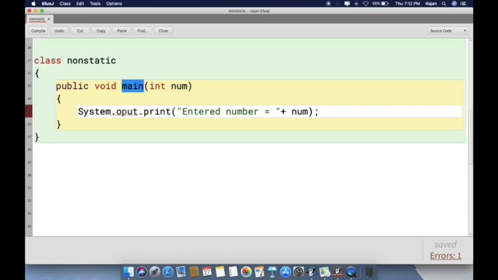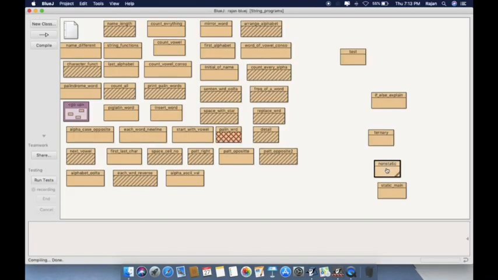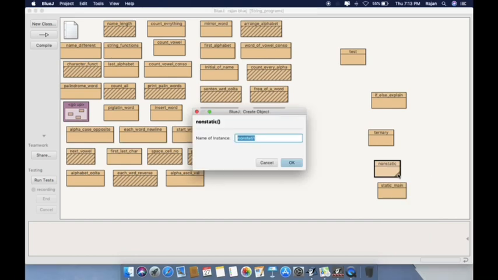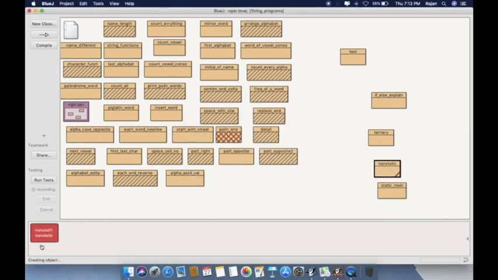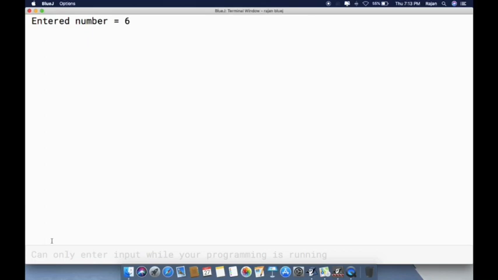Let's compile it. Compile, no syntax error. Close. Make a right click. Select the function. OK. Right click on the object. Select the main function. Again we are entering 6 and your output is entered number is equal to 6.